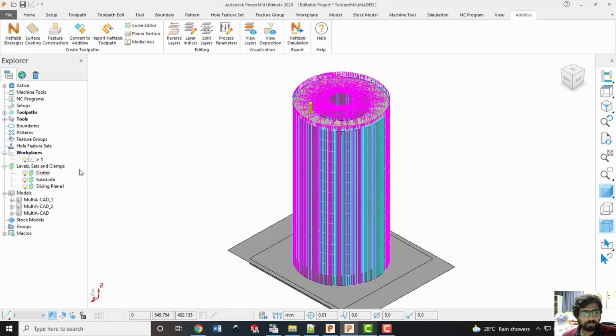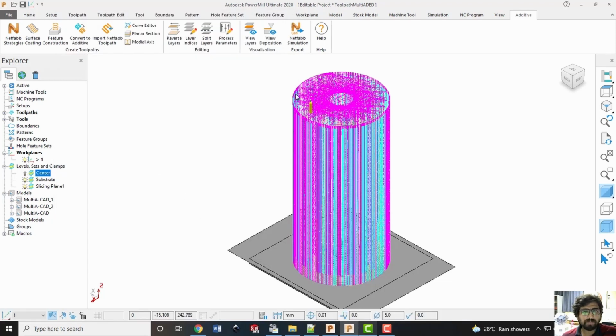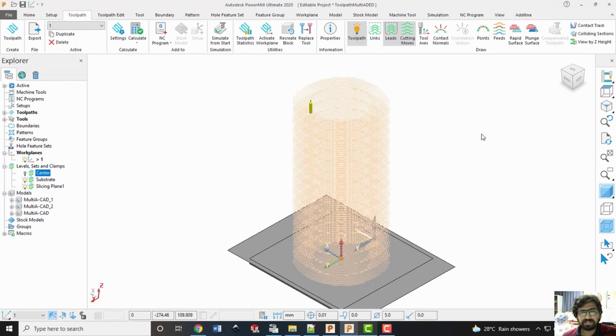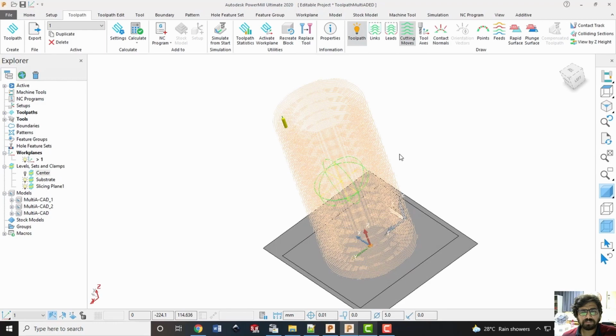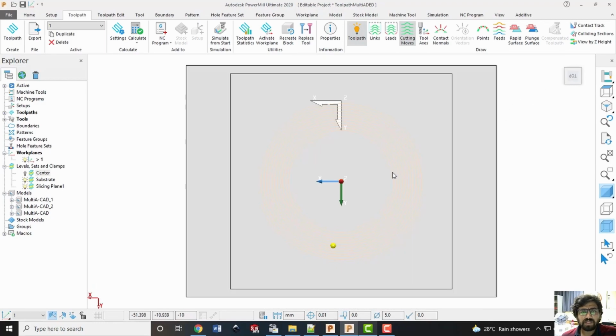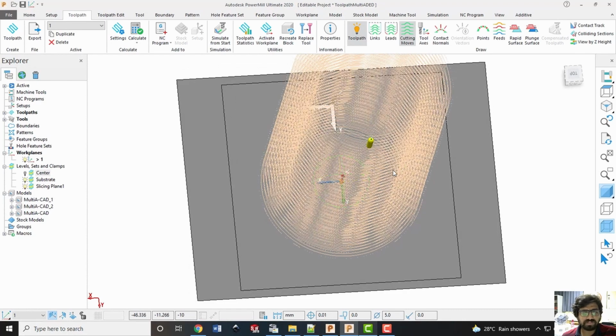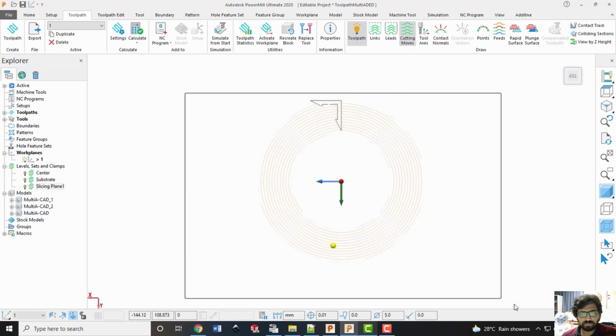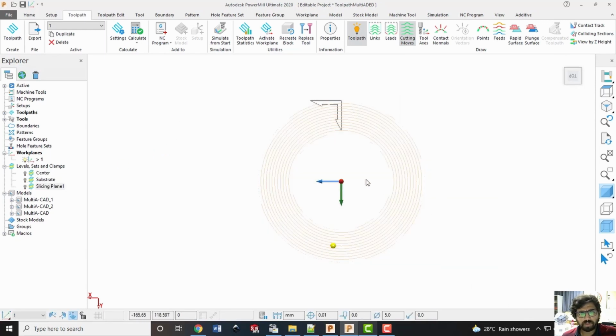Now to see the toolpath properly, I'll just switch off the center part, and also I'll just switch off the links and leads so that you can clearly see the deposited toolpath. It can be noted now in our case, the toolpath is not raster. It is offset from the outer contour only. Let me switch off the other contours also so that you can clearly see the toolpath.